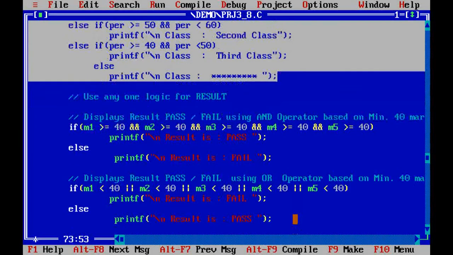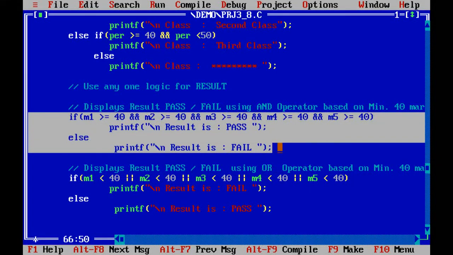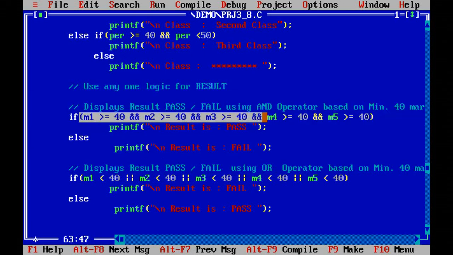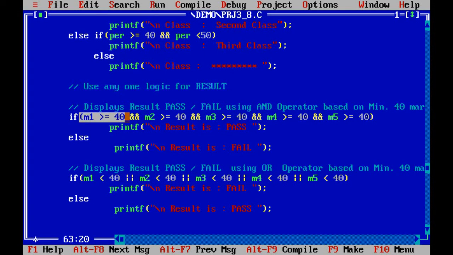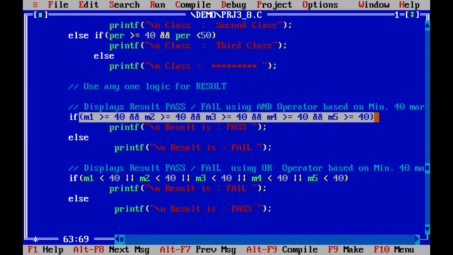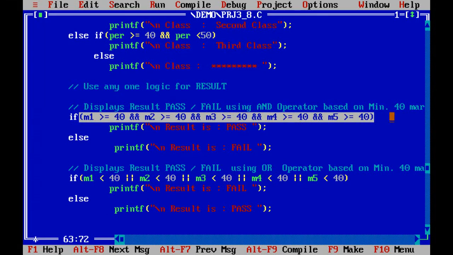Now whether the result is pass or fail, that we can display using two different logics. One is using the AND operator, another using the OR operator. So in the AND operator we will write the condition like this: if marks 1, M1 greater than or equal to 40 and M2 greater than or equal to 40 and M3 greater than or equal to 40 and M4 greater than 40 and M5. If all subject marks are greater than 40, it means if all conditions become true,